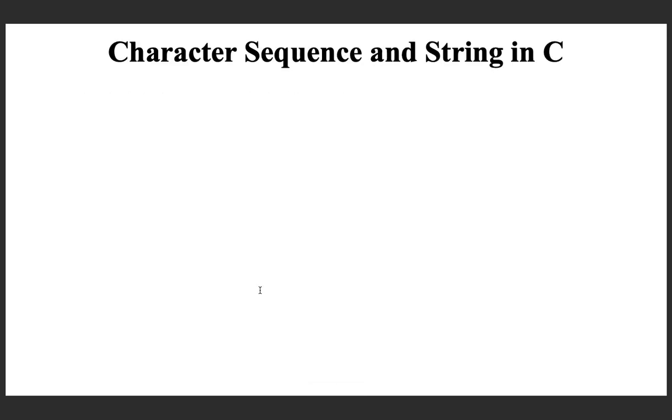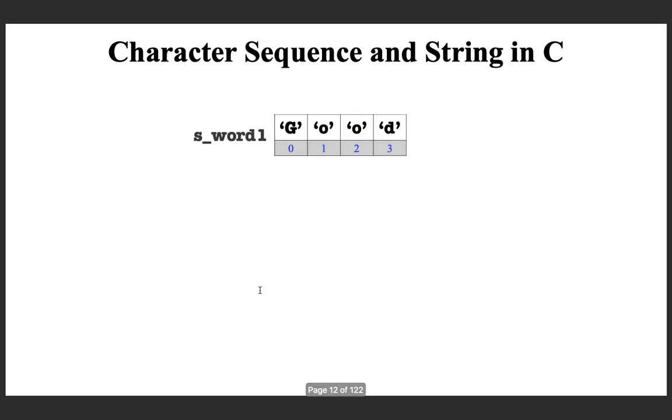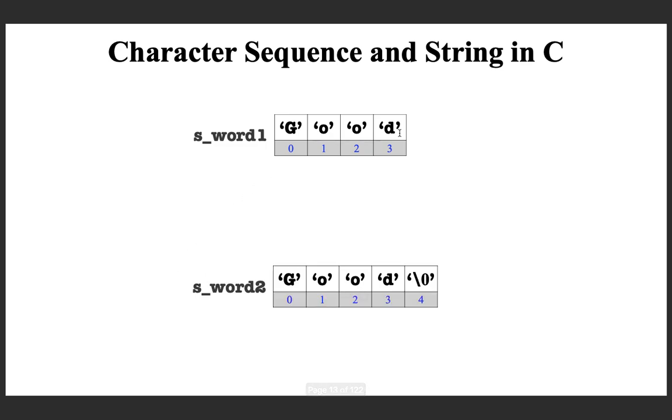With this, let us proceed and look at examples to see character sequence and string. So here is a character sequence which is just a word, and the corresponding string is this. If you just append it with the null character, you are getting a string. And why the library function requires this null character is, suppose it needs to, say, print the word, then how can it print? Either you have to give the number of letters, or you have to give the special character which marks the